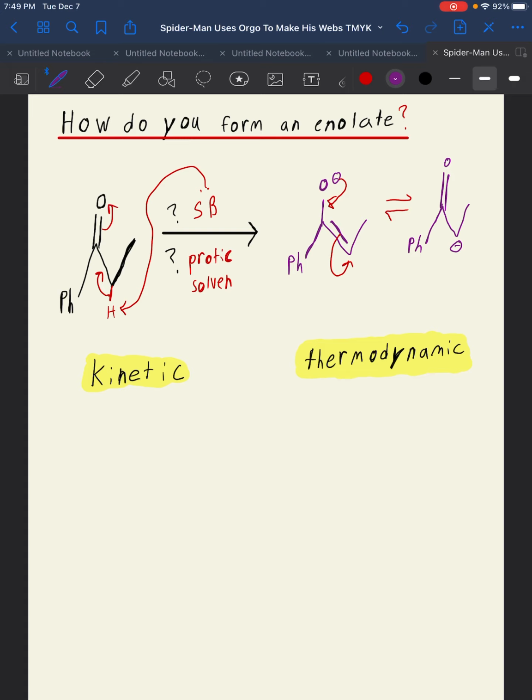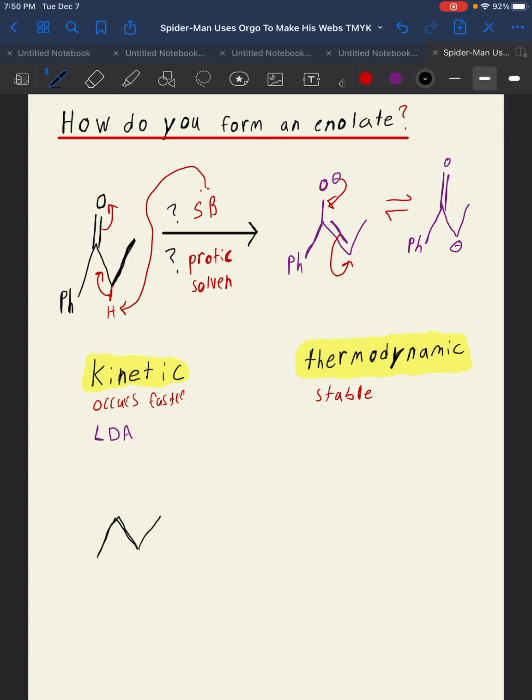Now it can get a little tricky with kinetic and thermodynamic products. Now kinetic occurs faster, and thermodynamic is actually a more stable product. Now, depending on the reaction you're using and the reagents you're using, it could prefer either. One that always prefers kinetic is LDA. And I actually have an example of LDA later on in the video, but just do note that LDA prefers the kinetic product. But let's look at an example that actually could form either,